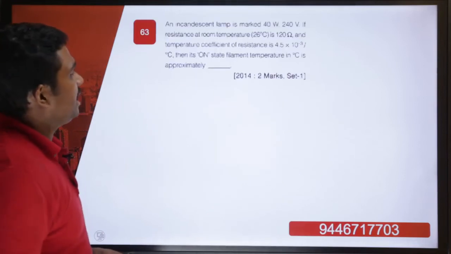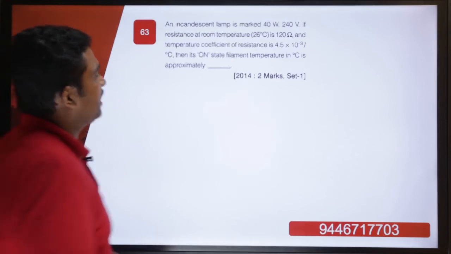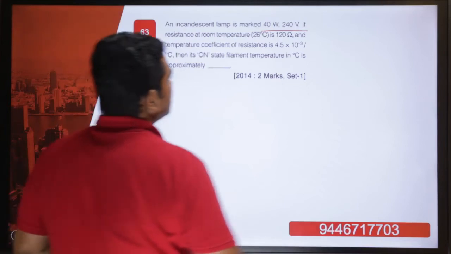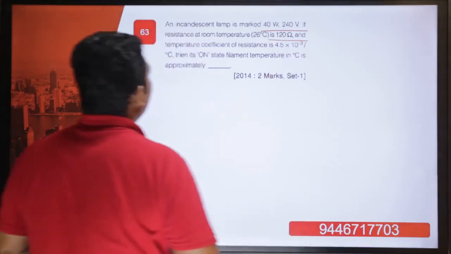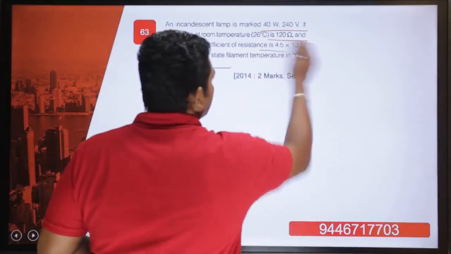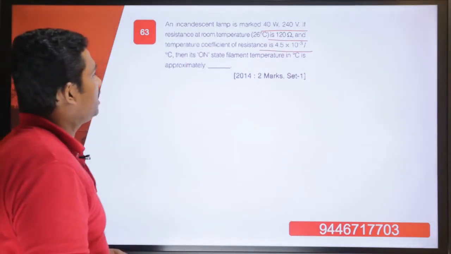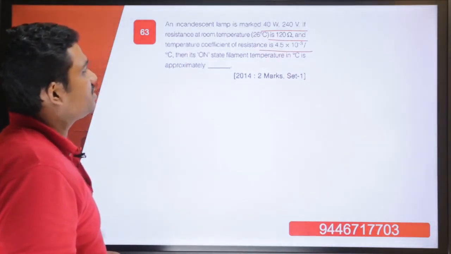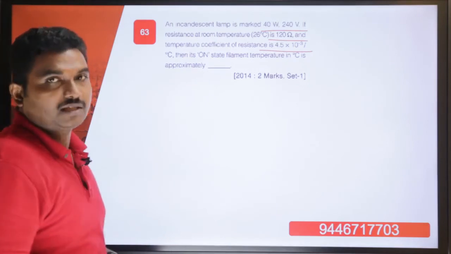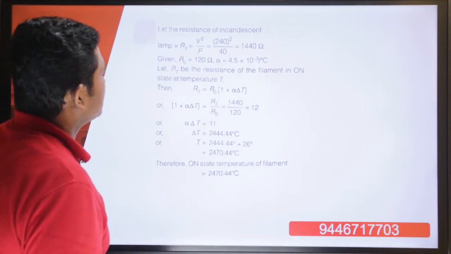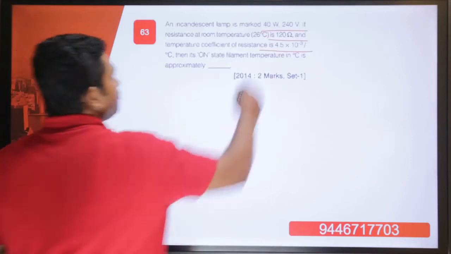Moving into question number 63. An incandescent lamp is marked 40 watt 240 volt. The resistance at room temperature 26 degrees Celsius is 120 ohm and the temperature coefficient of resistance is 4.5 into 10 raised to minus 3 per degree Celsius. Then its on-state filament temperature in degrees Celsius is approximately what? So the resistance of the lamp is to be found out. It's a 40 watt